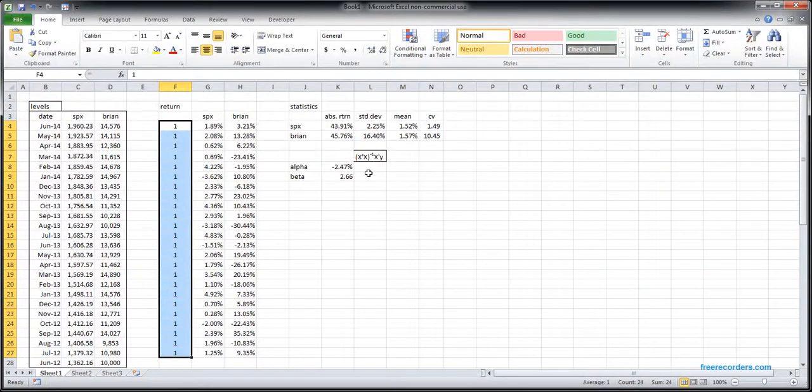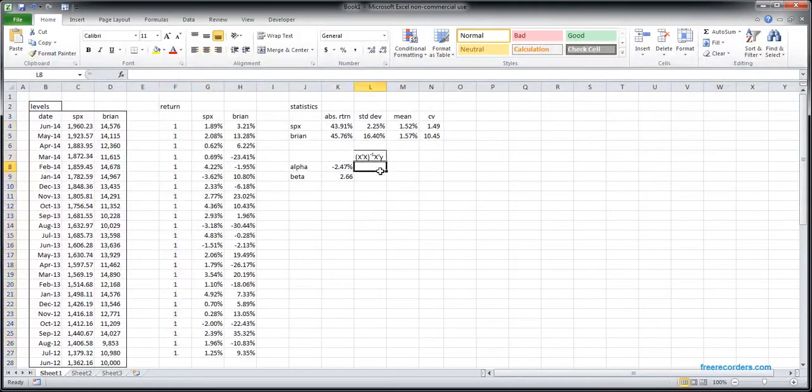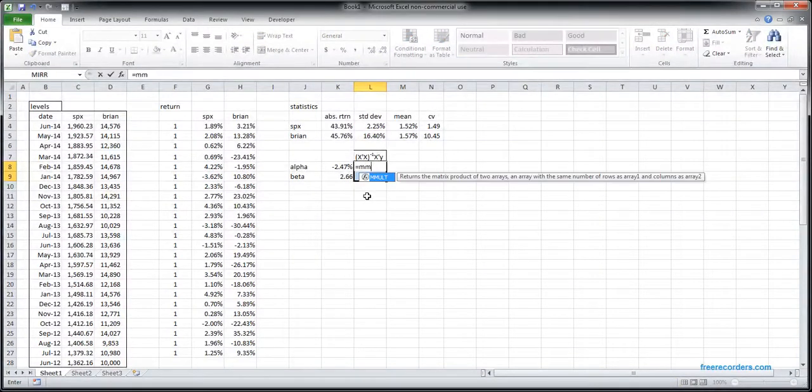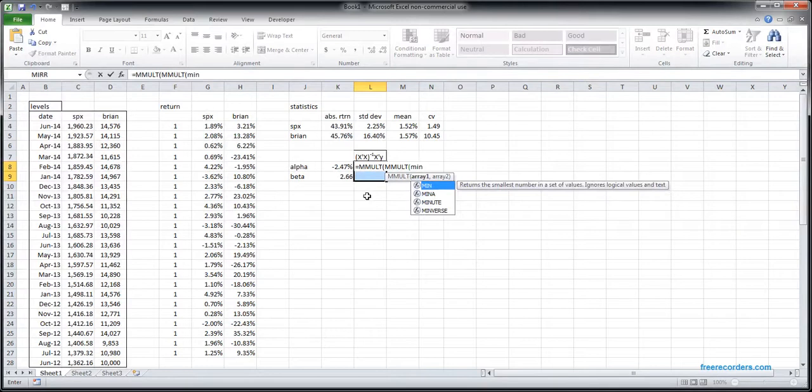Essentially we're going to implement this equation here. For those of you not familiar with matrix algebra, this is the x variable transposed times the x variable, then we take the inverse of that product, times the x variable transposed, and then all times the y variable. I'll show you how to do that with Excel. You're going to need to begin by highlighting the two variable cells, alpha and beta. So this equals MMULT, MINVERSE,